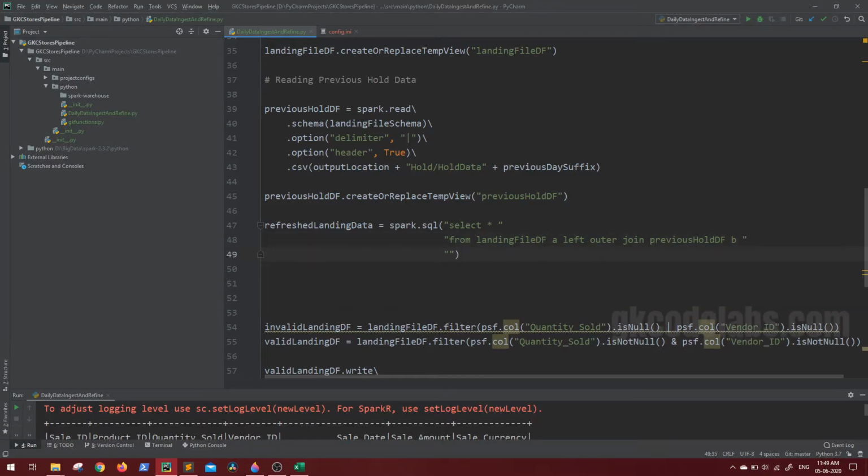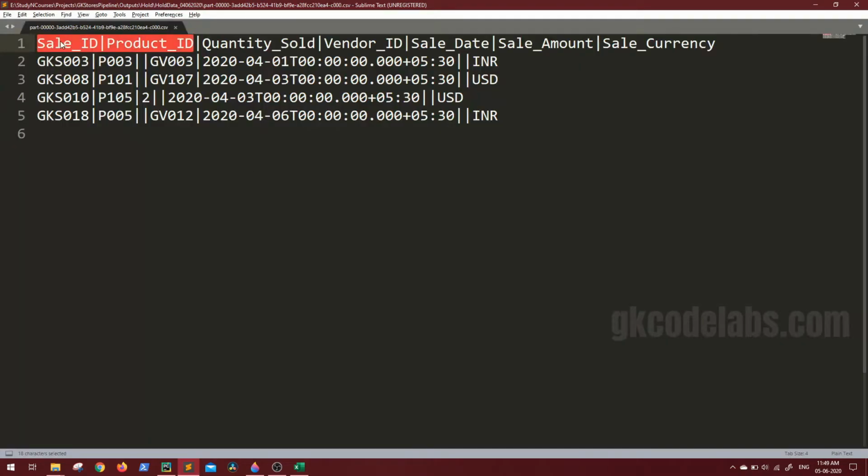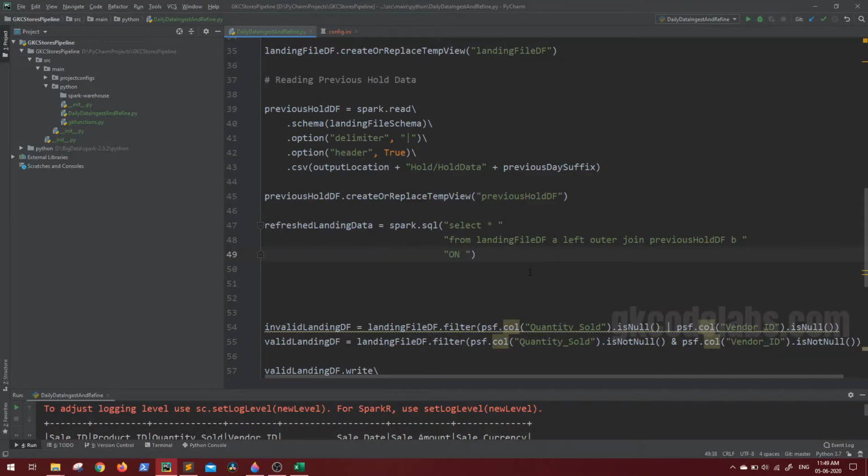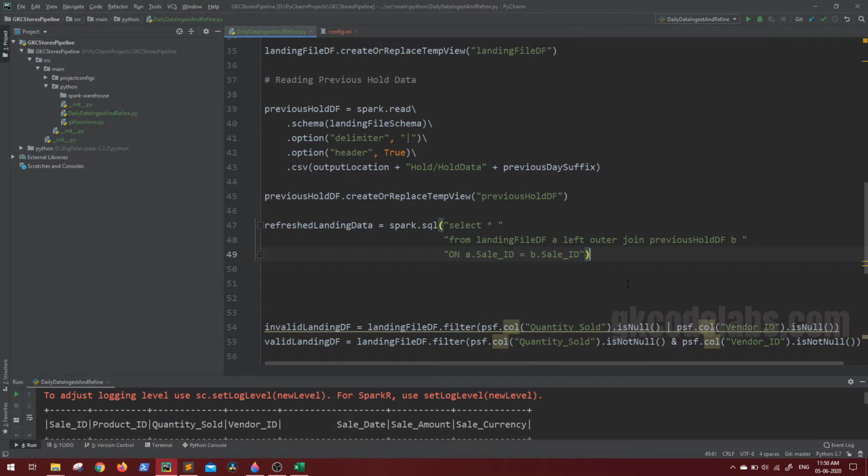So for that you will have to give the on keyword. On what values? So obviously in our case the sale ID is going to be matched. So we have to give the alias a dot sale ID needs to be equal to b dot sale ID. So first let's see the join output, then we will make our query changes for our requirement.